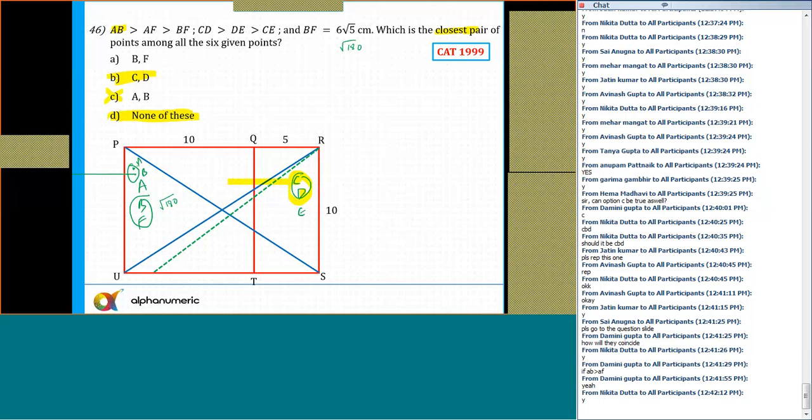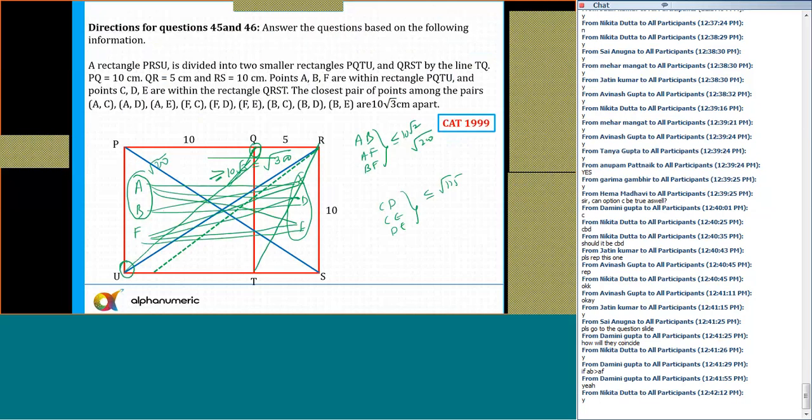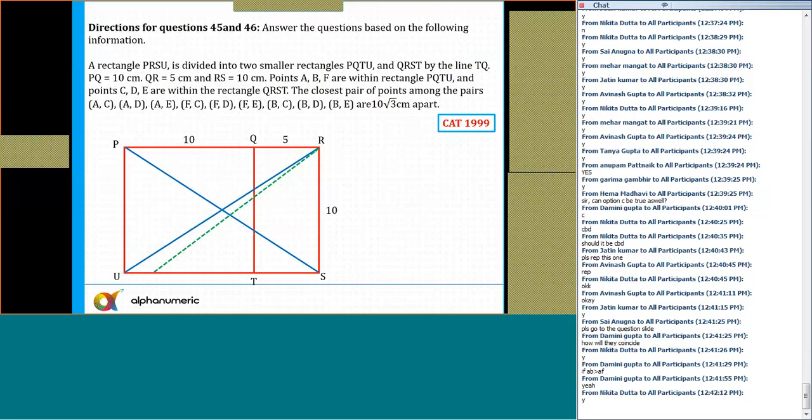Now, another important thing here, okay, this is how we can do it, but let me discuss a few important things related to this question. What should be the correct way? Since the options are given in this way, we can probably do it here. If you look here, a very conceptual thing, a rectangle PQRS is divided in this way. We know there are 3 points lying in this part, that is A, B, and F. And the points C, D, and E are lying here.